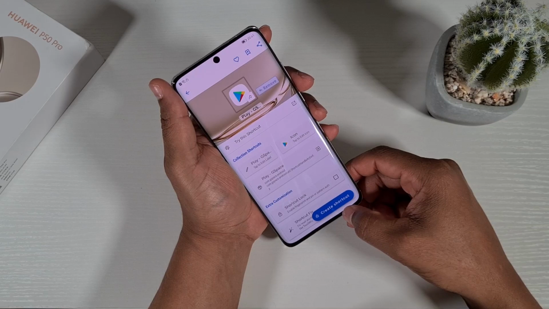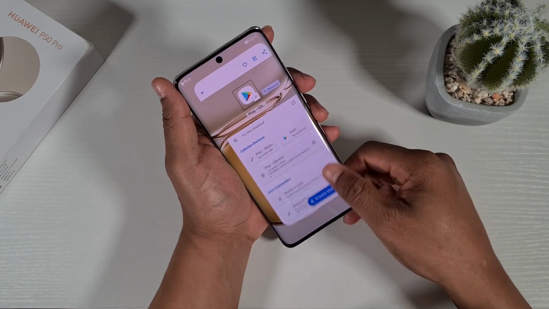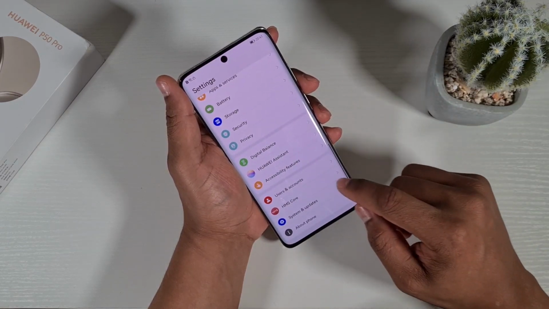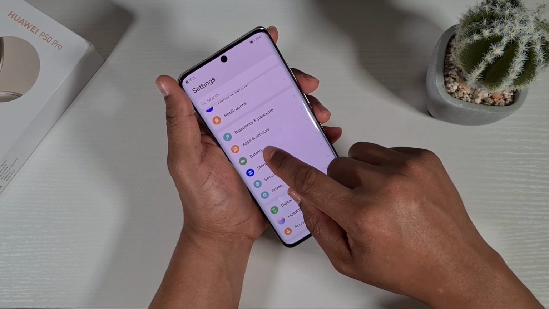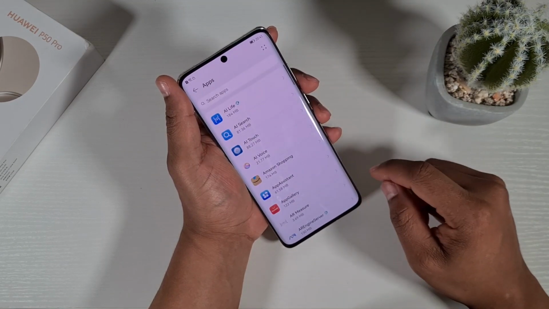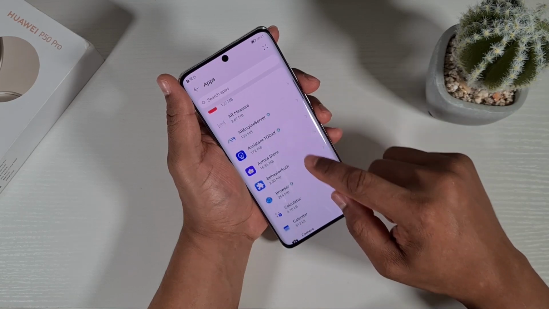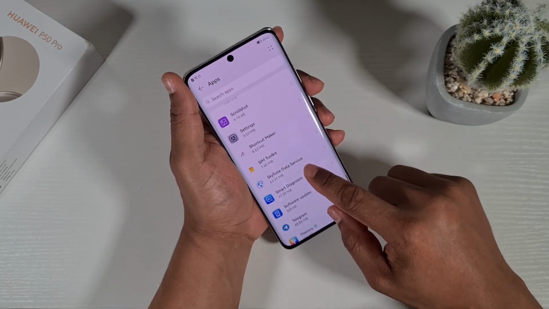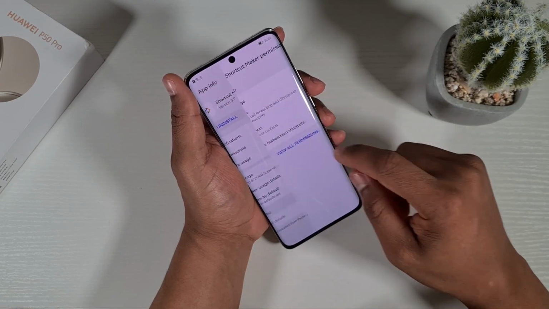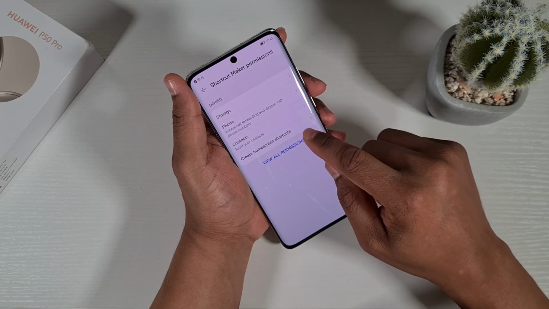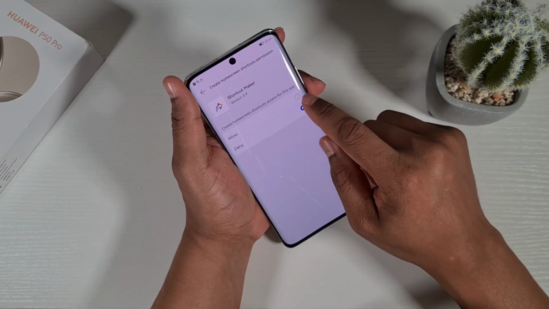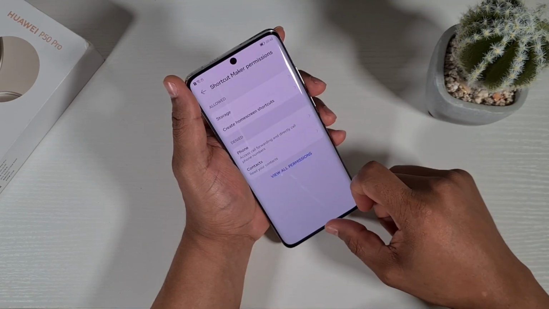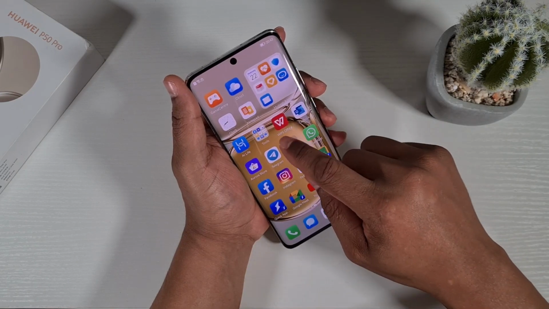You need to go into the settings again, because you need to allow shortcut maker to create shortcuts on your home screen. So go into apps and services, apps, and find the shortcut maker. Scroll down to the bottom, there it is, then go onto permission, and you see where it says create home shortcut. You need to allow it, and then storage, allow, and now if you go back onto the file explorer,